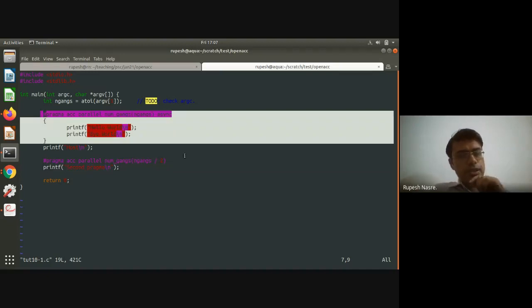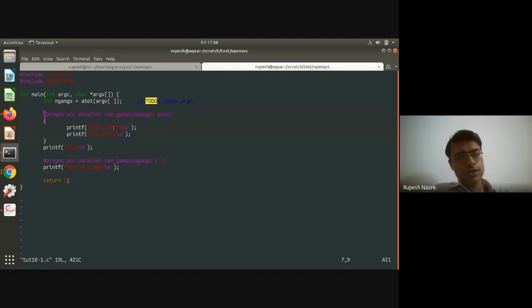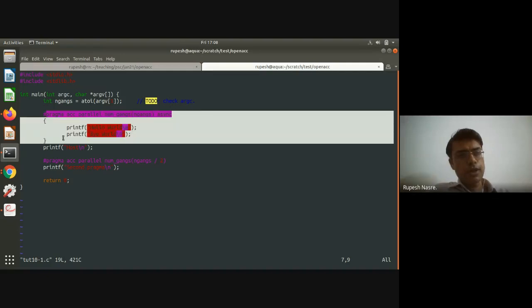For this we need to understand a little bit about how the GPU computation is going to work for such a setup. The compiler is going to generate something called a device function or a kernel for this code, and this is going to be executed by multiple threads on the GPU.